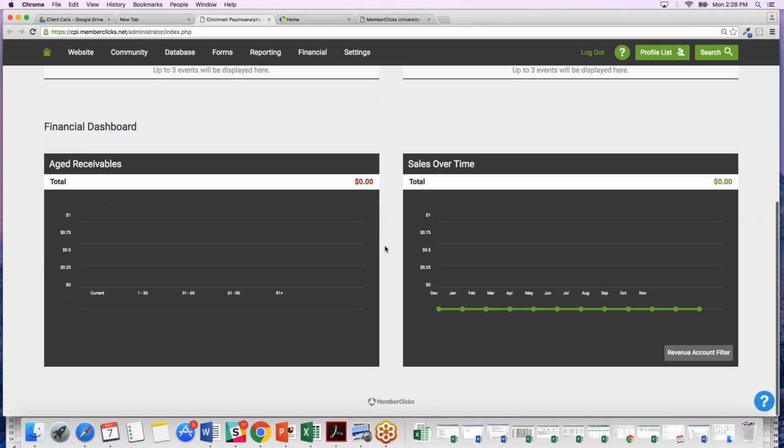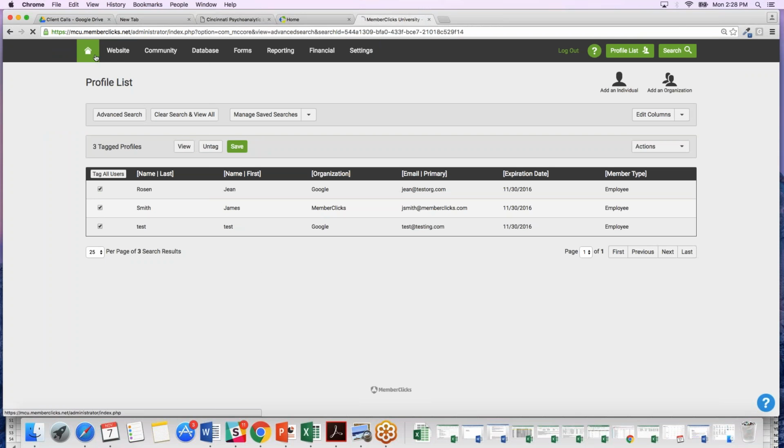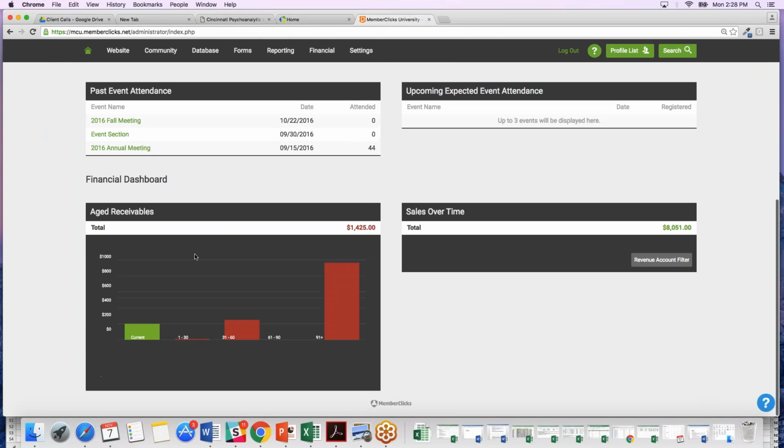So next, the last dashboard area we have is our financial dashboard. So we have aged receivables. This is going to show any outstanding invoices you have by how much money is outstanding and how many days the invoices are past due. To show you a real-life example using our MemberClicks side of things, going back to our home page,